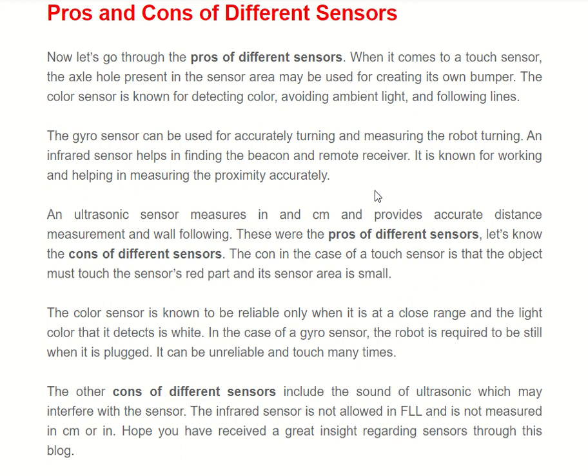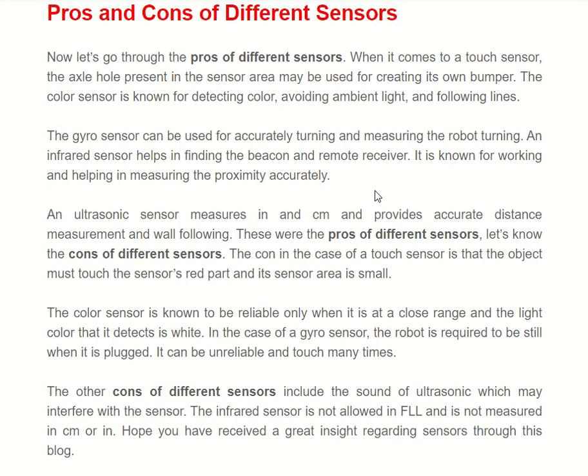Then there is a gyro sensor that can be used for accurately turning and measurement of robot turning, and the infrared sensor helps in finding a beacon and remote receiver. So it's known for helping in measuring the proximity accurately, and an ultrasonic sensor measures in inches and centimeters,